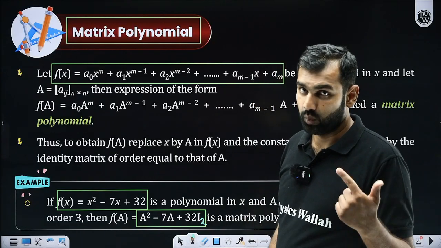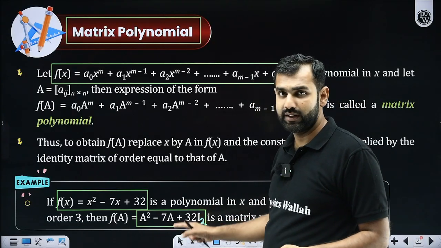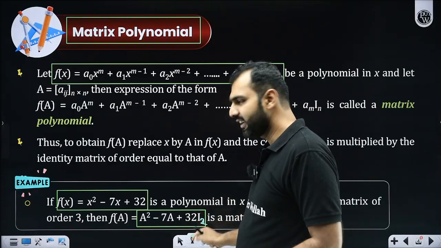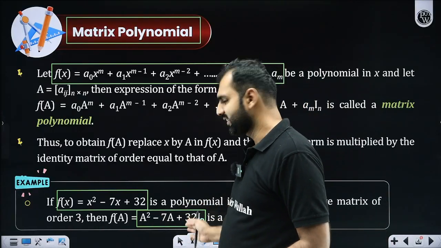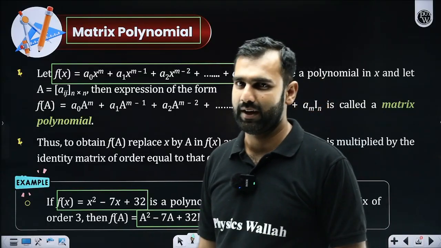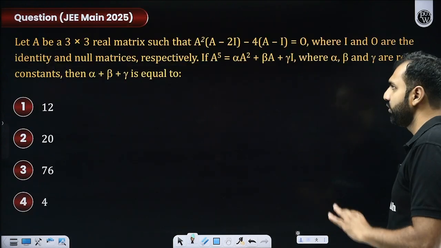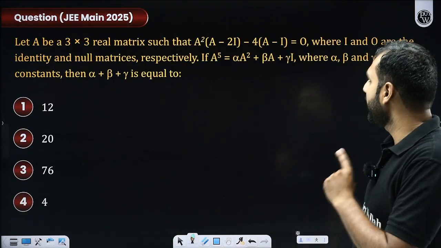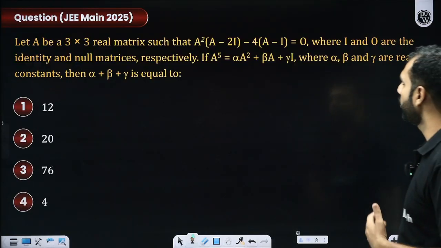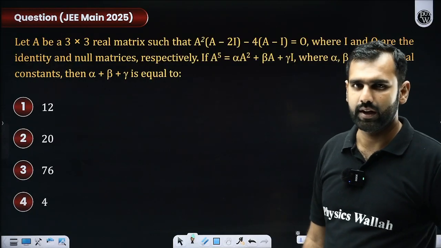I hope you remember, in the world of matrices, we don't have a scalar quantity. Actually, we should multiply that scalar with an identity so that matrices can be added, subtracted, or multiplied. Did you all get that? So far from this slide, is there any confusion? Are you clear with this? If I make you solve this question, this will give you better clarity. Let me try and help you with this question.